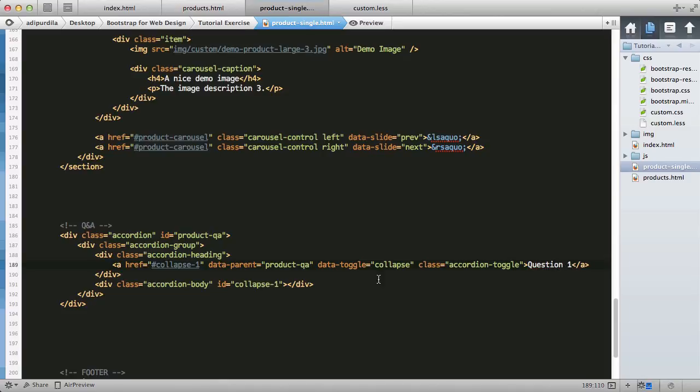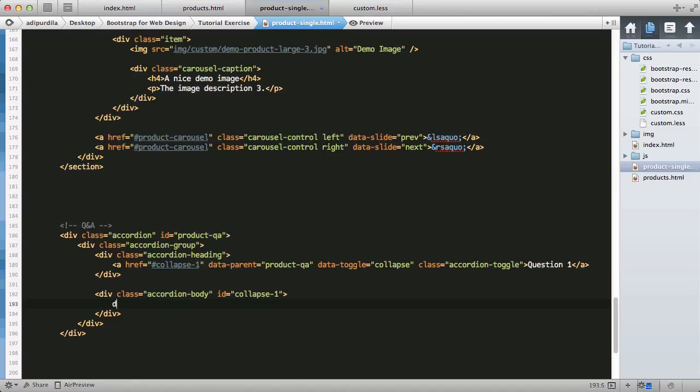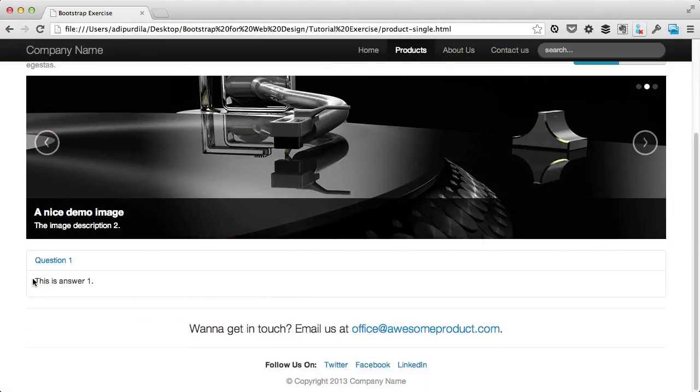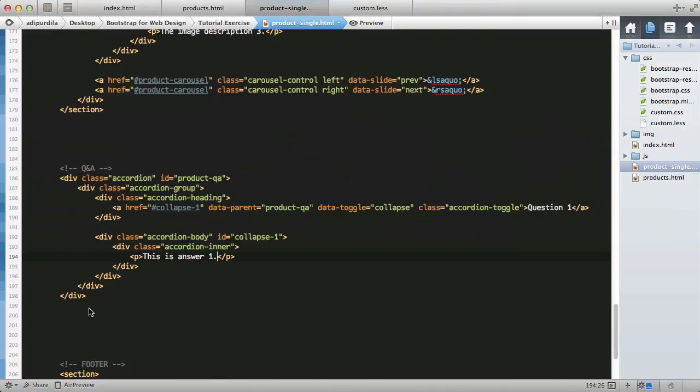All right, and the text, let's just say question 1. Okay, the accordion body, which contains the actual answer, will have another class of accordion inner. This will make sure it adds some proper paddings. And then a paragraph. This is answer 1. All right. Now, if we look in the page, we can see that it's already there. It's already showing. And if we duplicate it,